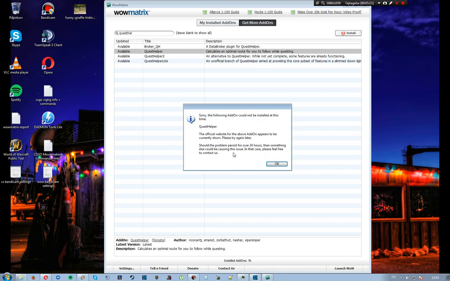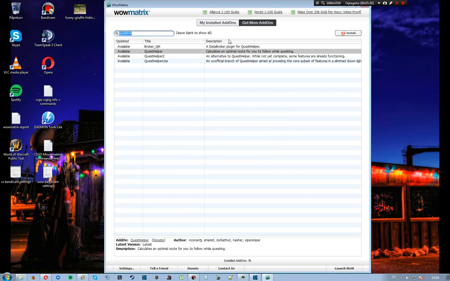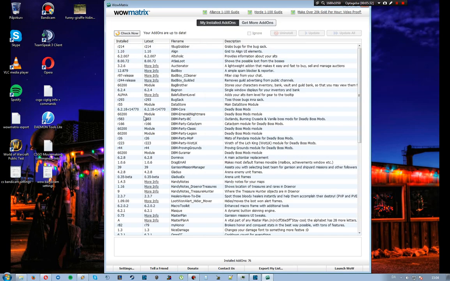Okay, so this is actually a pretty good thing. Their official website is down at the moment, apparently, so we can't pull the information, because WoWMatrix pulls all the updates, everything from the official sites, unless they are only released on wowinterface.com or curse.com. So if this happens to you,